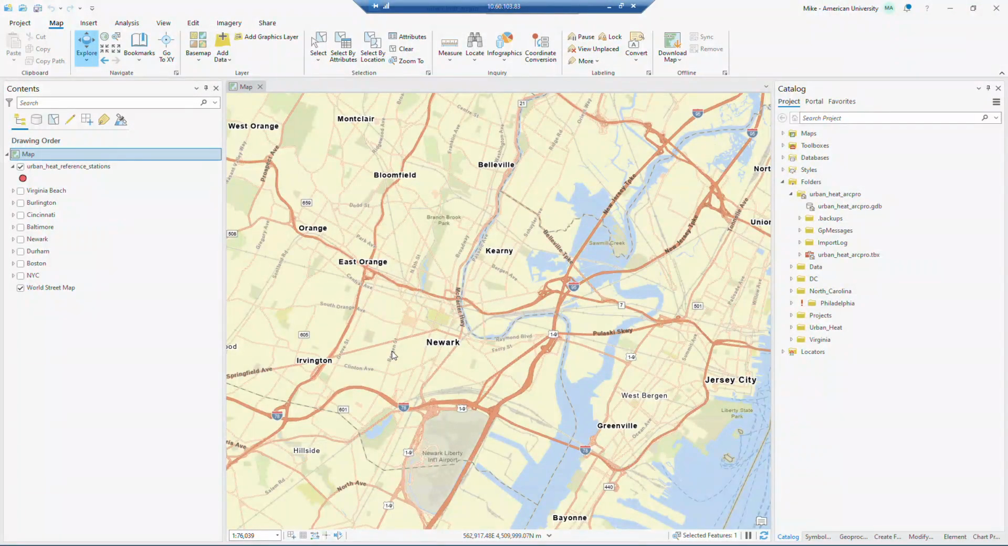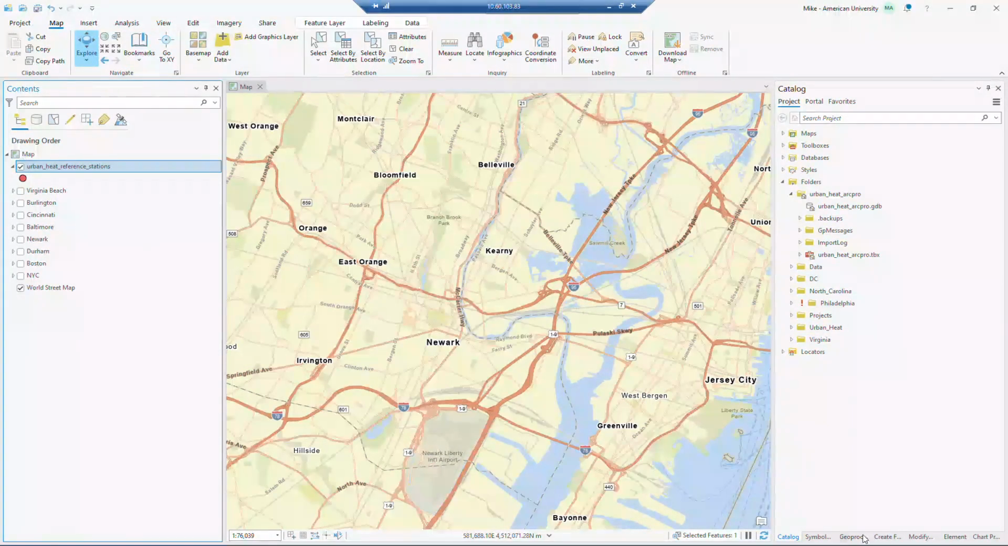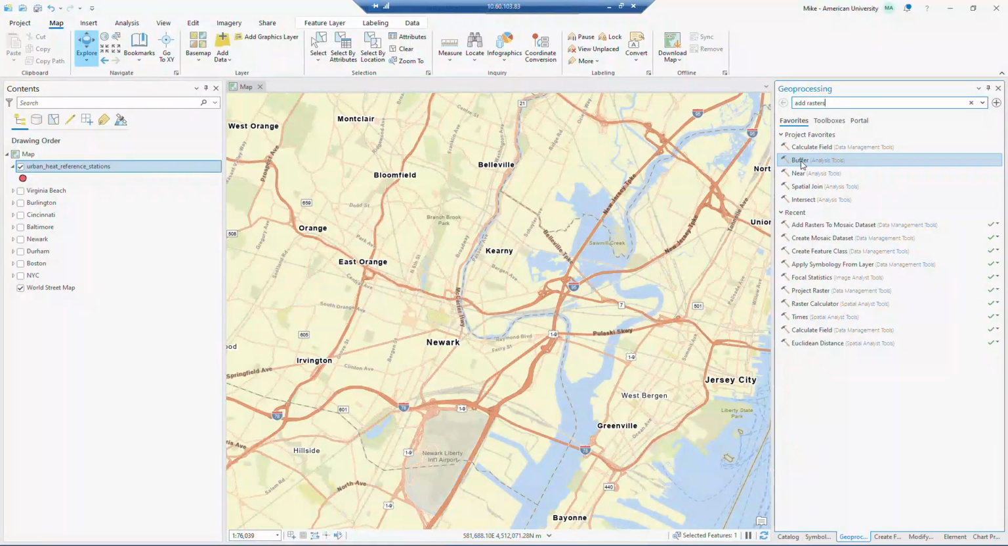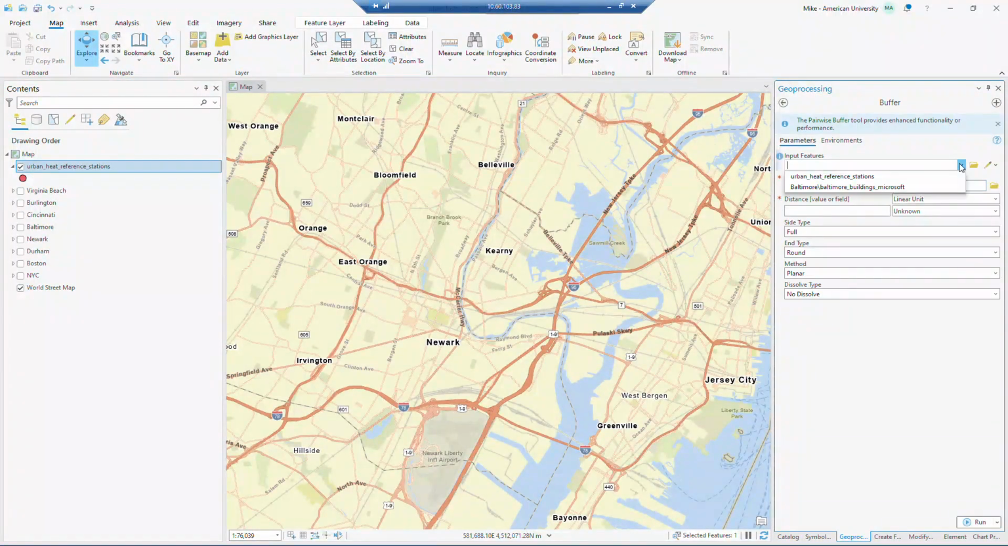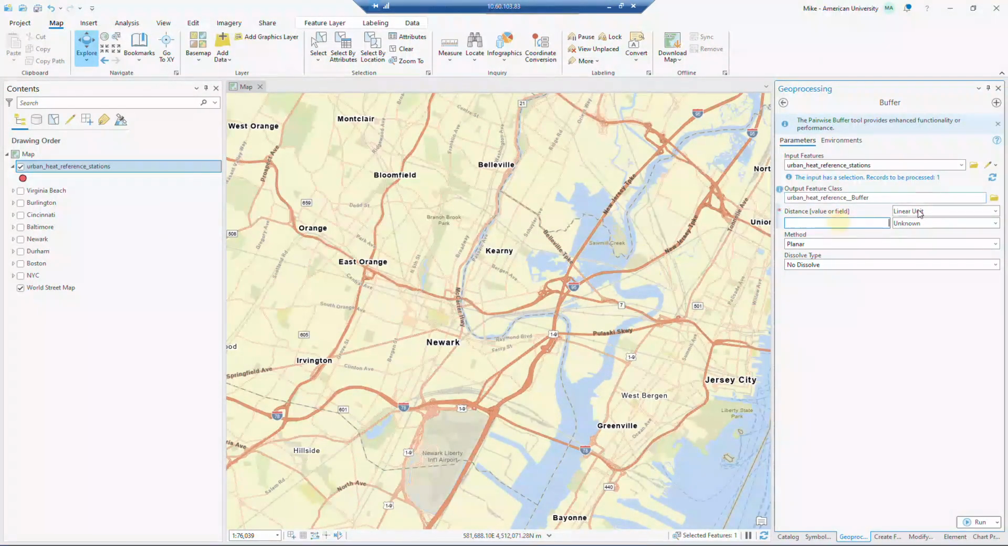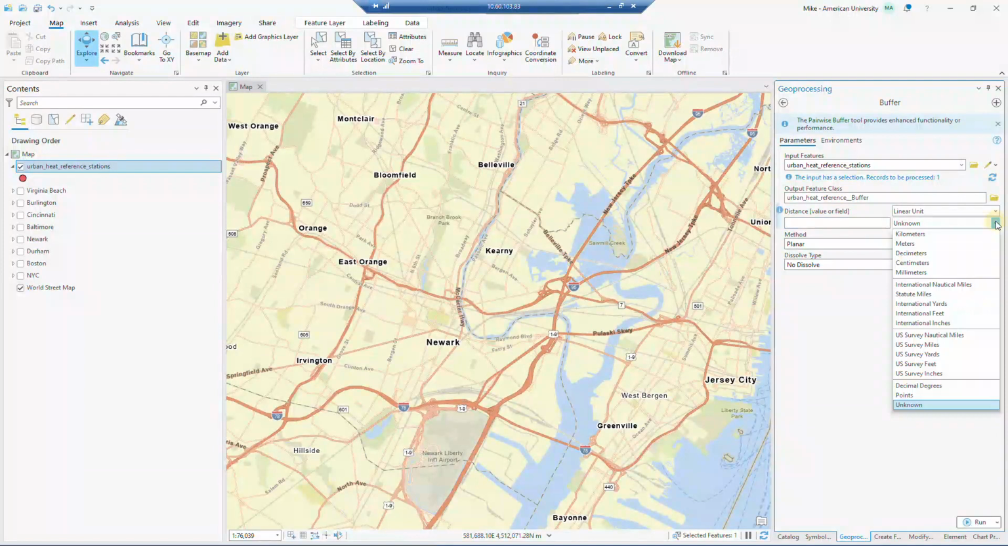The next thing you'll do is create buffers around your urban heat reference stations, to be the basis for summarizing these raster data layers. So it would be like how much tree canopy is within 90 meters of each reference station. So that you can do in geoprocessing, Buffer. Choose your input features, reference stations. Your distance is going to be 90 meters,